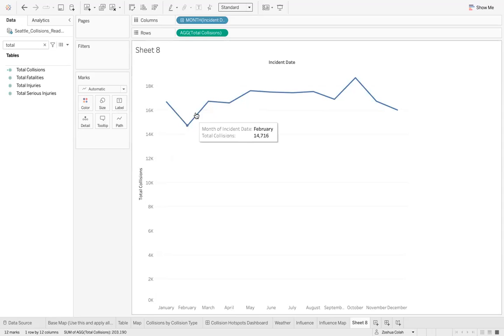It drops down and then slowly, steadily climbs up. And then in October, we have the most amount of accidents. And it drops down, right? Okay. Now, if I want to, I can also go ahead and,